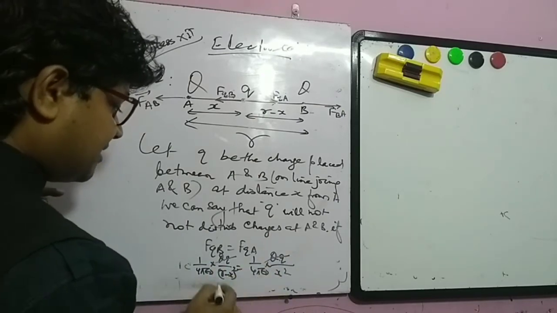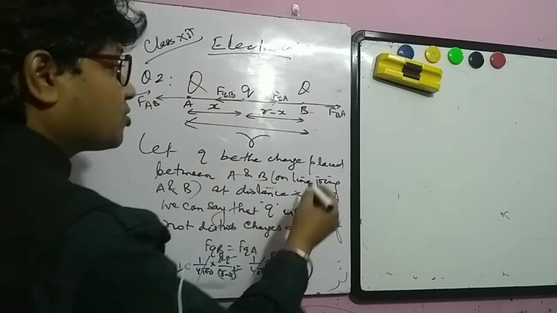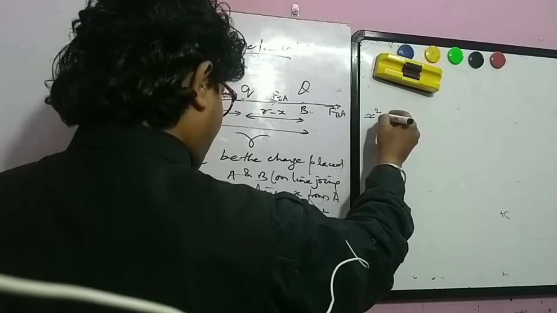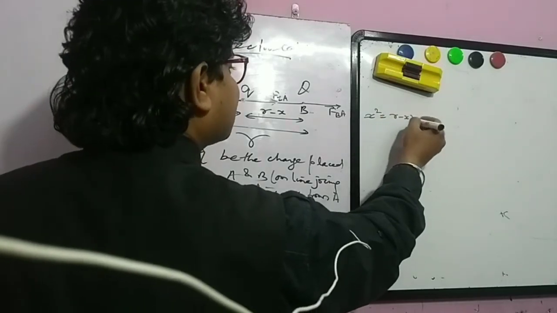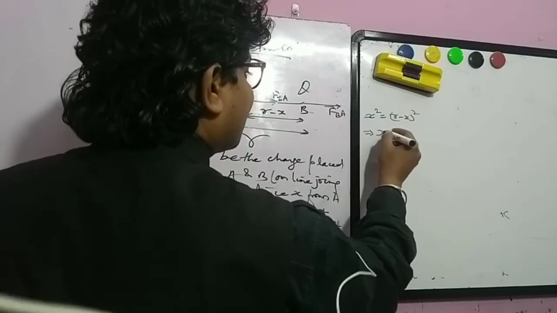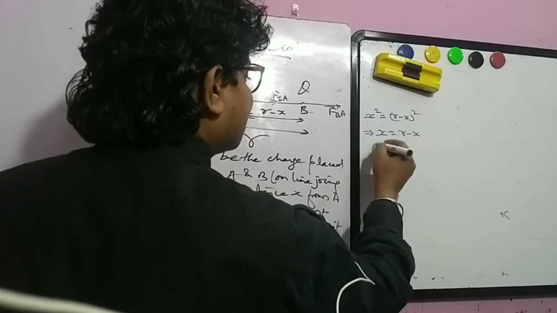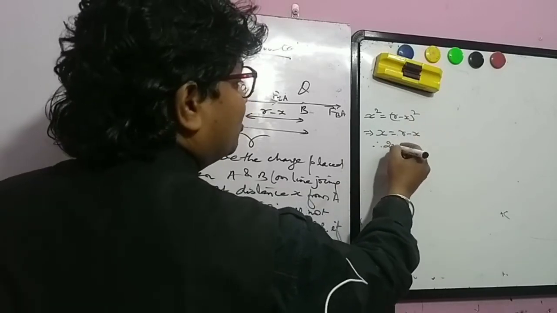So this gets cancelled, 1/4 pi gets cancelled, so what we are getting, x square is equal to r minus x whole square. So what we are getting, x is equal to r minus x, it means 2x is equal to r,